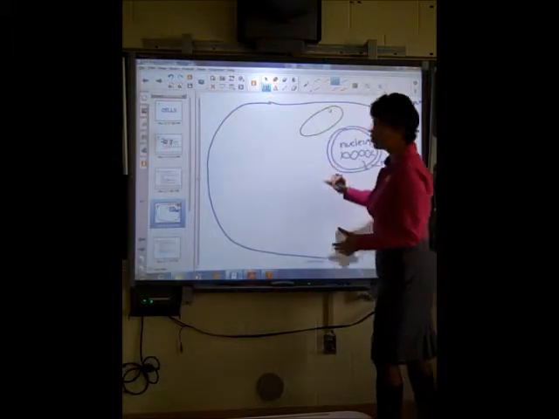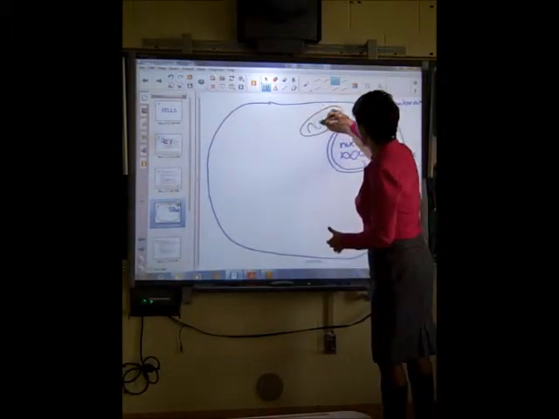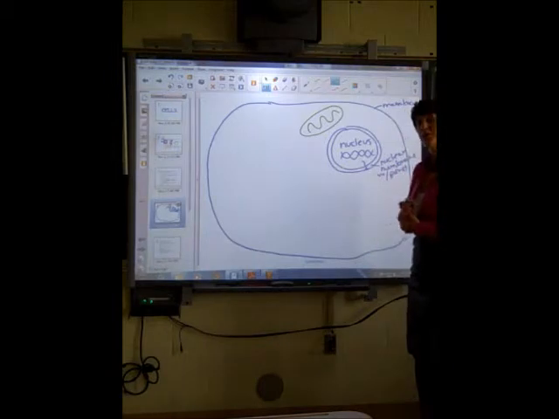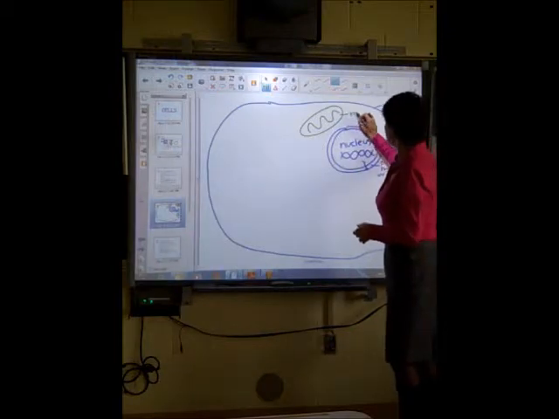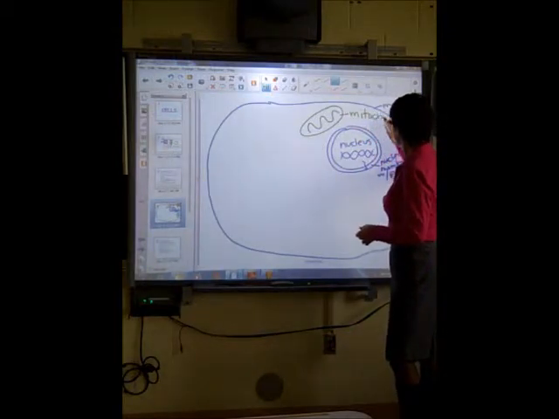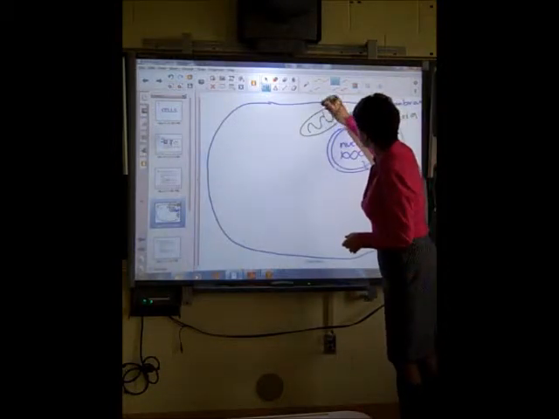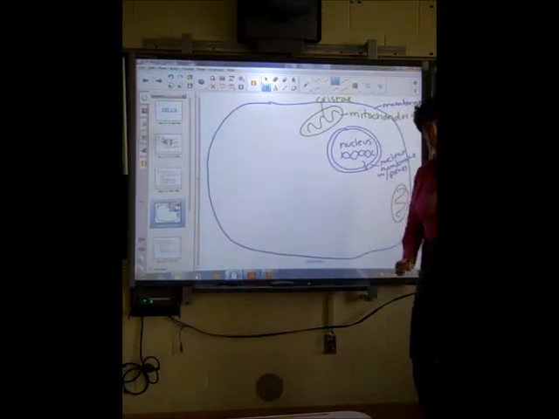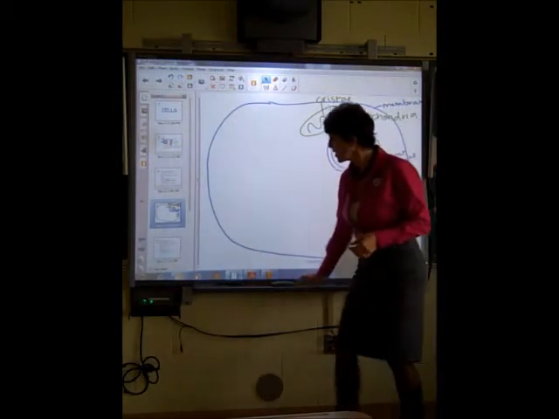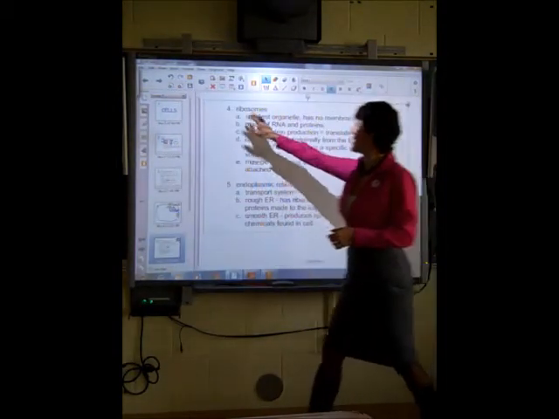So long and thin like this, inner folded membrane. And you can draw a couple of them around and label it mitochondria. And you can label that inner membrane the cristae. On to our next organelle,